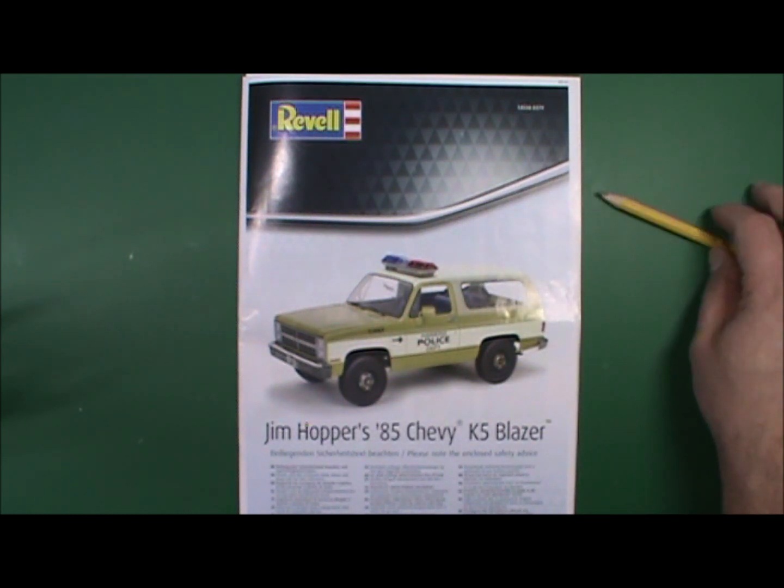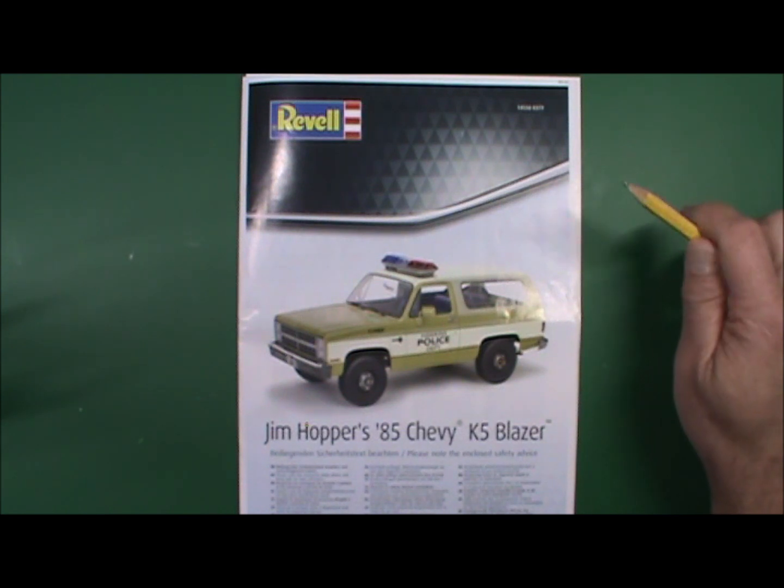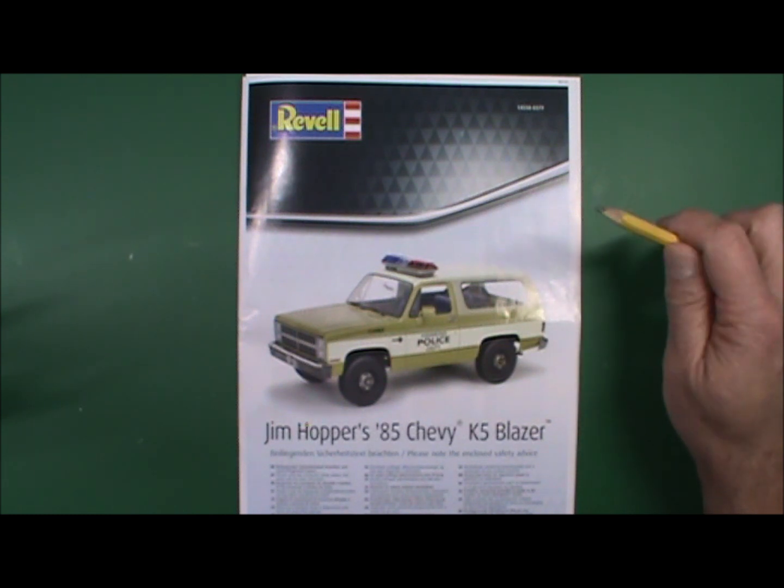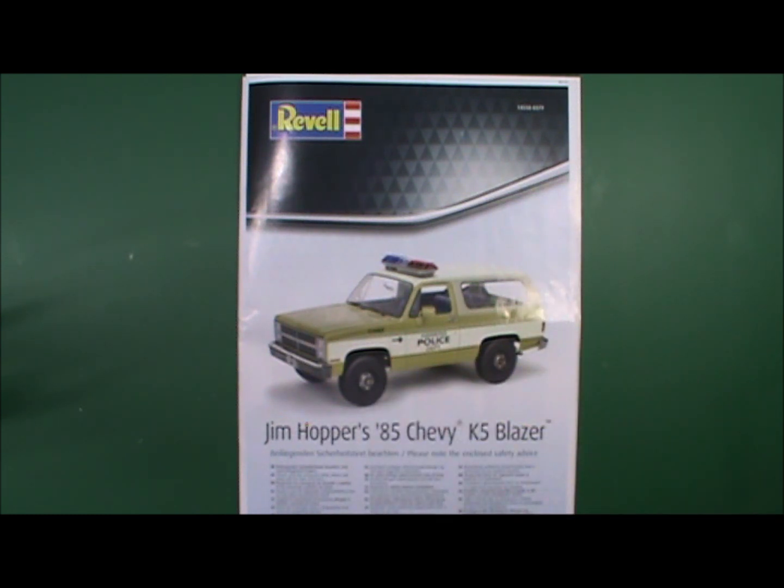So, my collection grew and grew and grew, and now my wife calls me a hoarder because I can fill up a whole side car space in the garage with the models I got. So, going back to the kit,